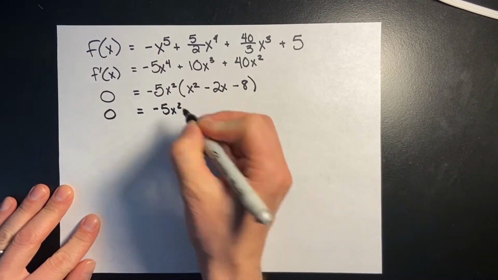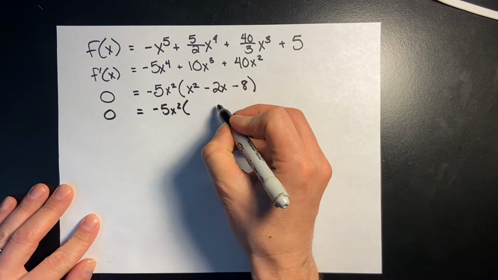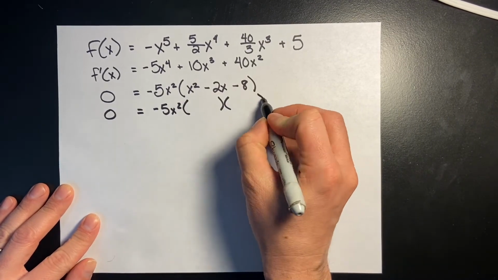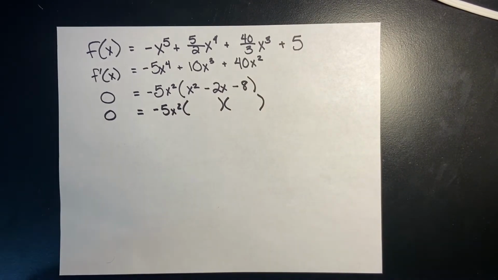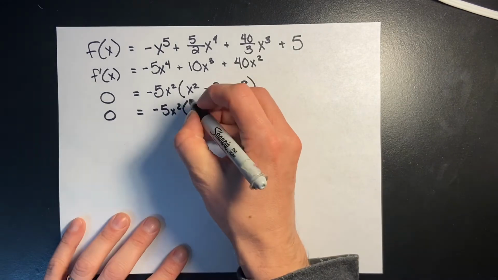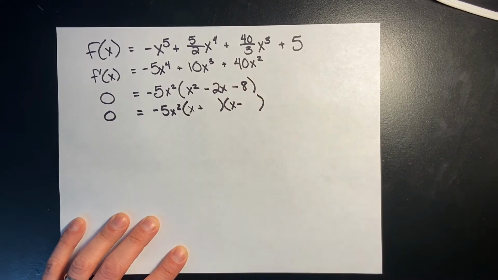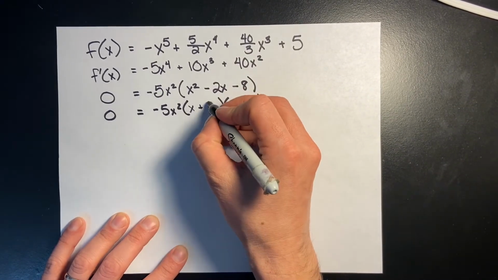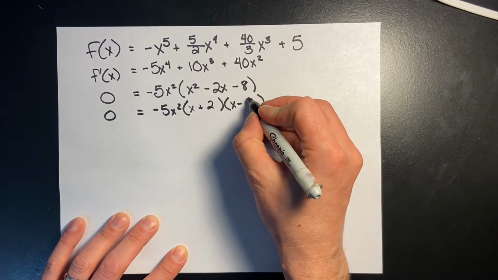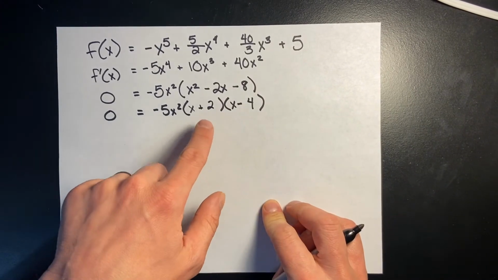-5x squared. I need to come up with two numbers whose sum is -2, whose product is -8. One's going to be positive, one's going to be negative. And it looks like 4 and 2 should do it. Now, 2 is going to be the positive one, and 4 is going to be the negative one, because if